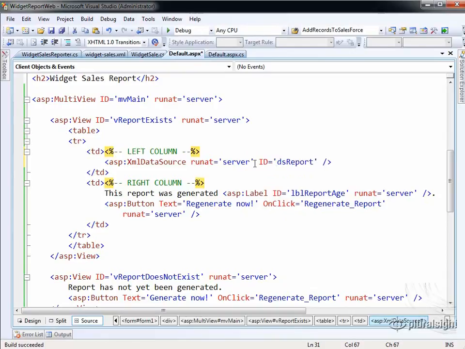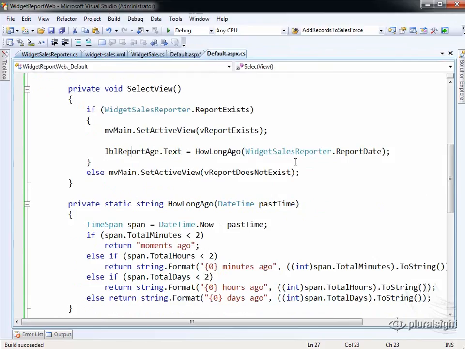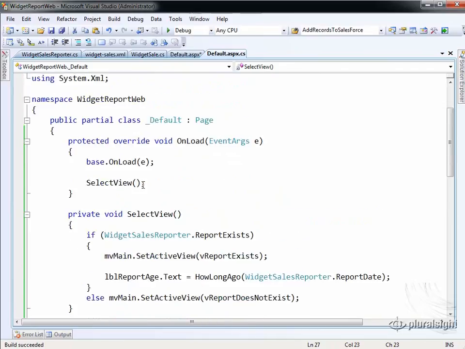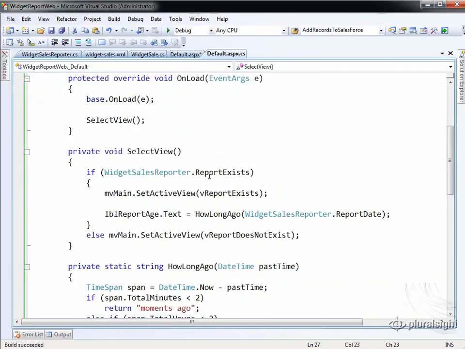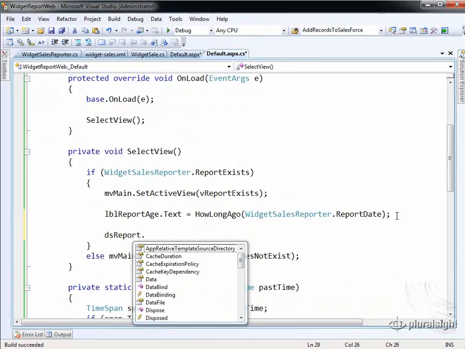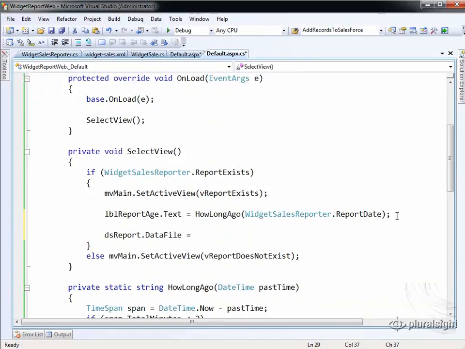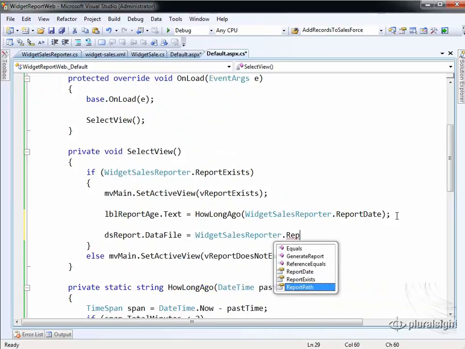Close that off. And then if we jump into the code for onload, we can go ahead and say, if the report exists, we'll go ahead and load it. There's no point in loading it if it doesn't exist. So data file equals widget sales reporter dot report path. Go ahead and grab that path. That's another reason for exposing that as a nice property, because it makes it very easy to just grab that